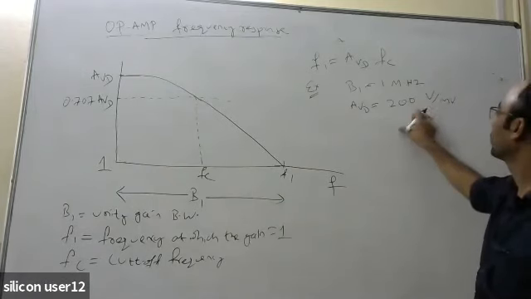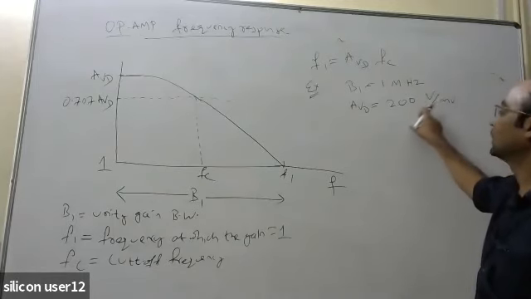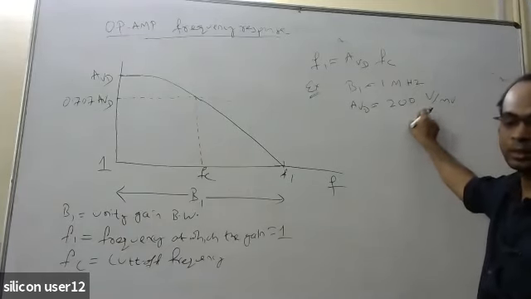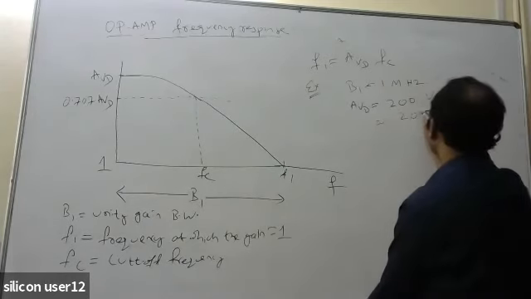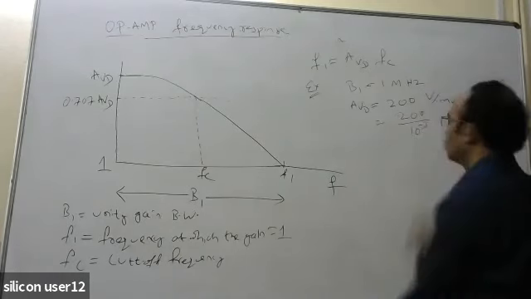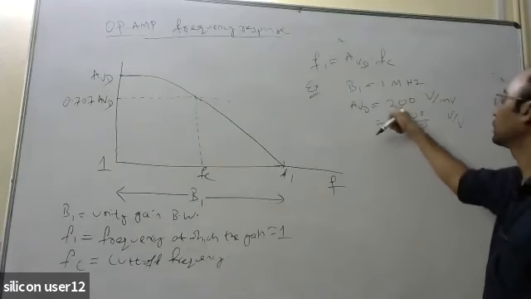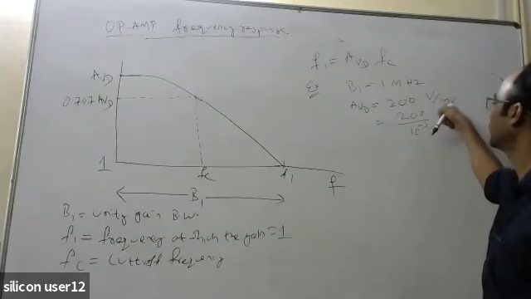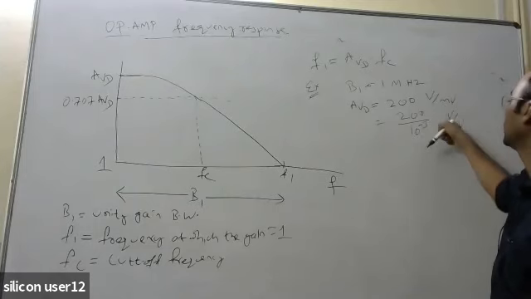If you convert it to actual volt by volt, this milli part, which is 10 to the minus 3, goes below, so it becomes 200 by 10 to the minus 3. So that is the concept here. So basically this will be equal to 200 by 10 to the minus 3 volt by volt. Initially the question gave 200 volt by millivolt, but milli is not the unit, it is the multiplier. That's why it is 10 to the minus 3, and it is volt by volt.